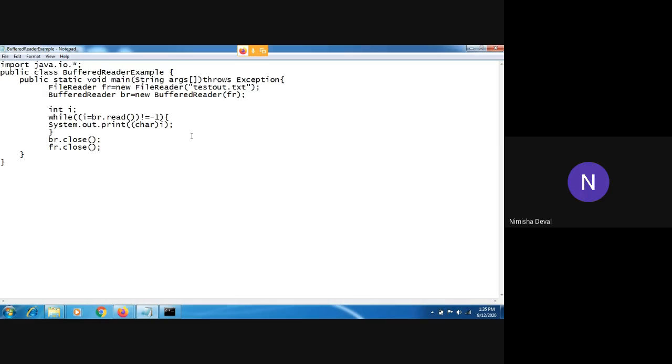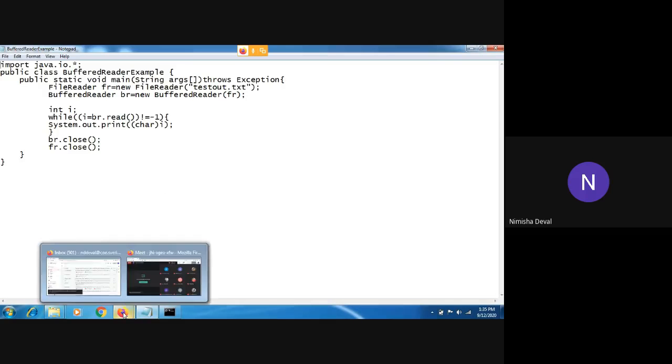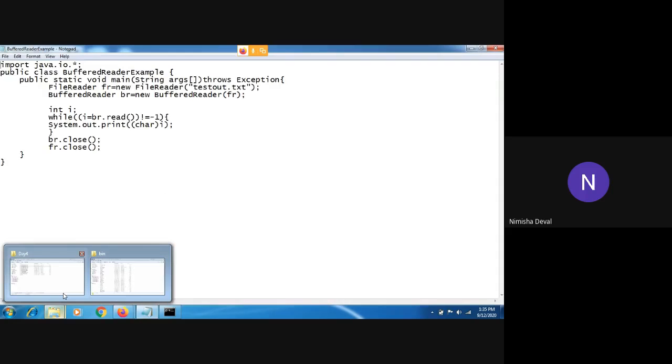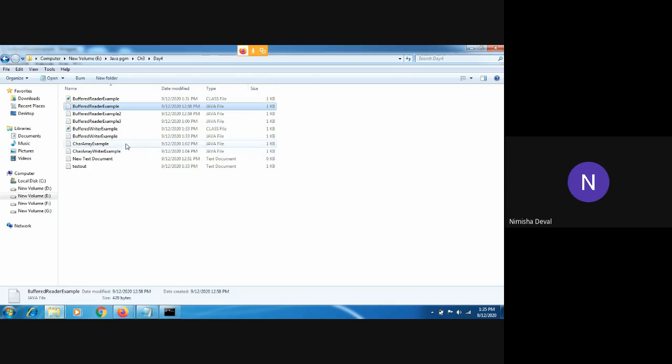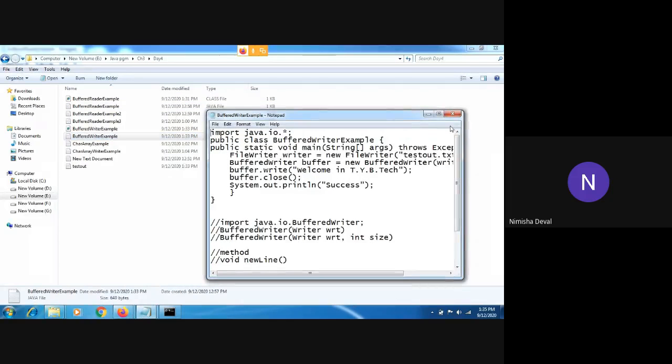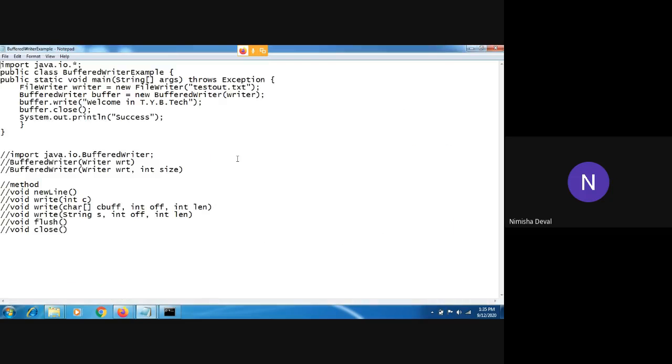BufferedWriter uses the Writer class and BufferedReader uses the Reader class. Same as you have seen in BufferedWriter, here also two constructors are there. In place of Writer, you have to write Reader: BufferedReader, and the second one is a BufferedReader constructor having two parameters.